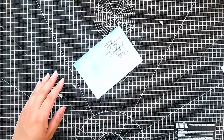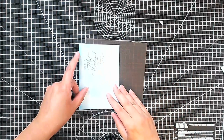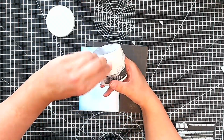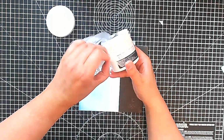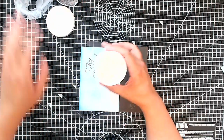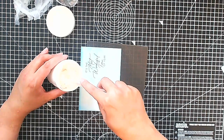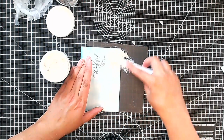And I'm going to bring in my silicone mat as well. This is just trying to contain some of the mess. And I'm going to use our embossing paste. And I put some press and seal over the top just to try and keep it as wet as I can. And it's dried up a little bit, but it's still perfectly fine. And I'm just going to